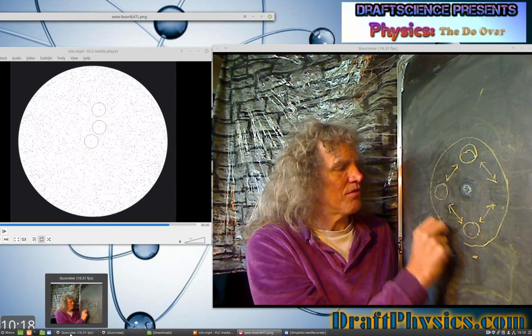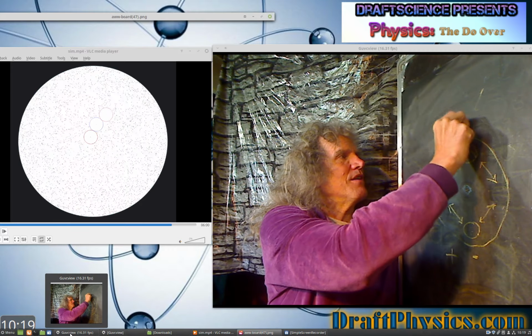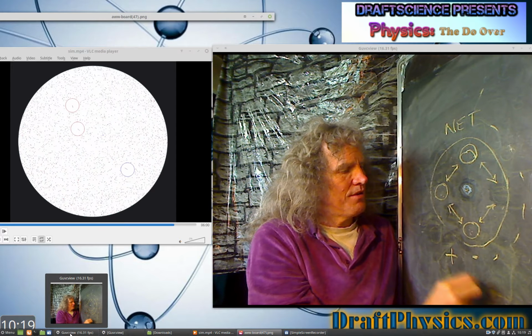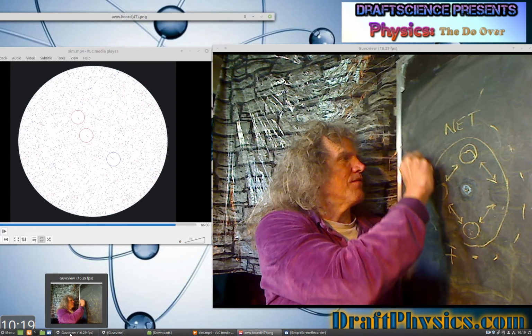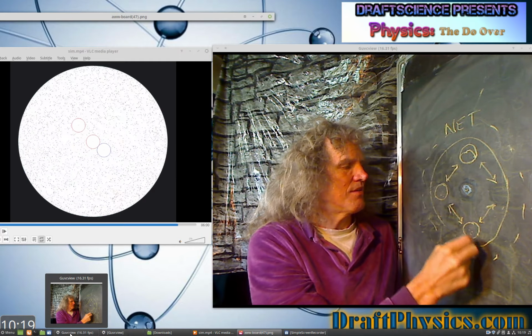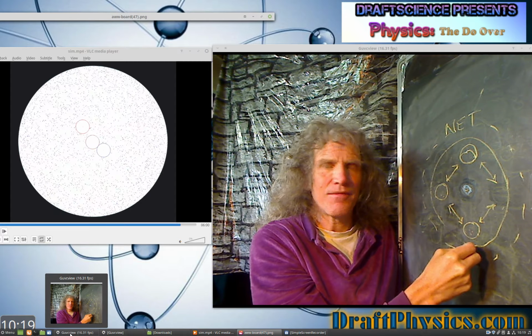It's a net spread unevenly, a very uneven net configuration around the atom. But if you added it all up, it's clearly now got more positive than negative,